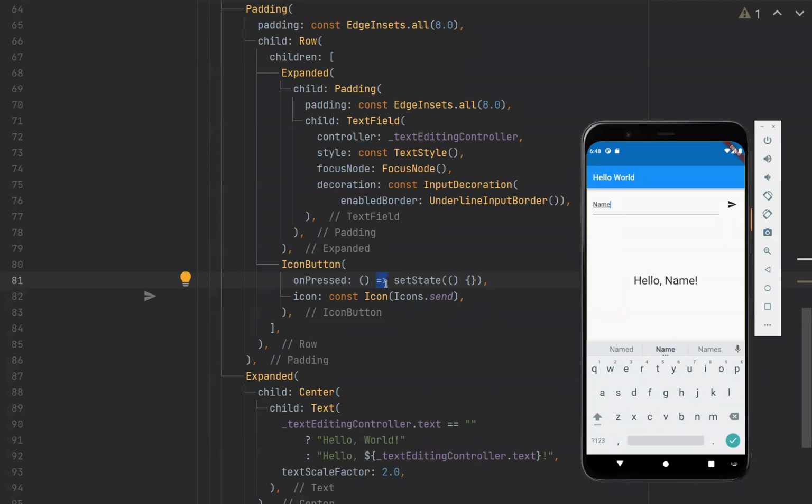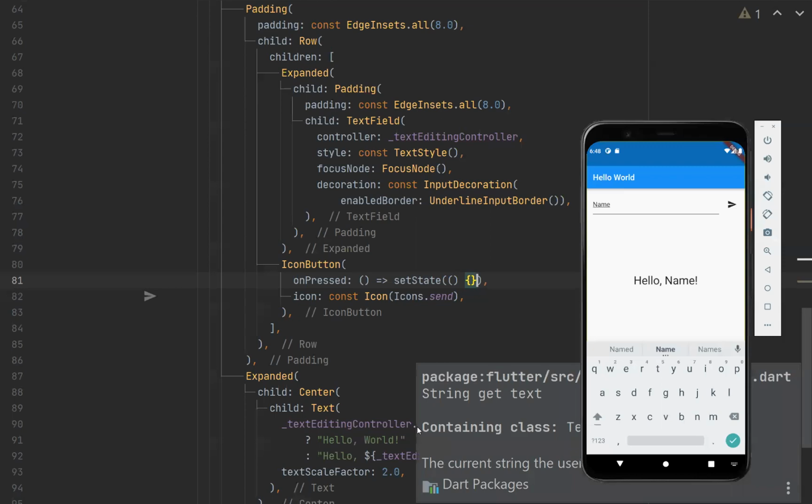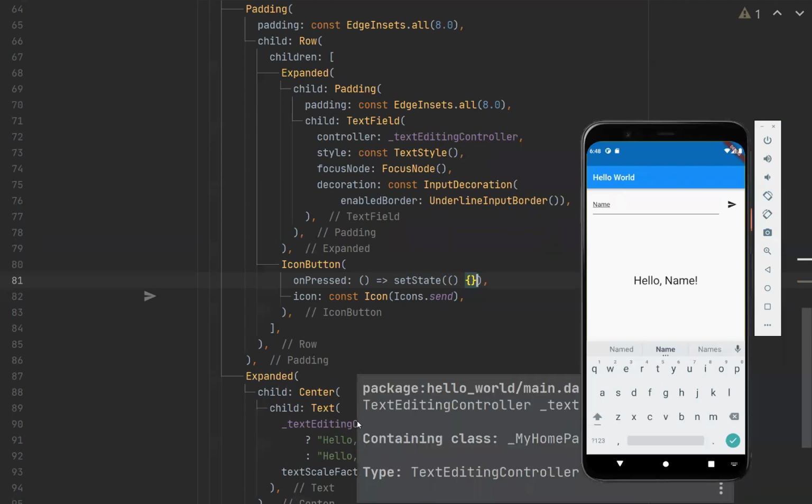But there, the right arrow just means what I'm gonna return. Because usually, if you want to write a function in a line, you don't want it to be a huge function. So using this right arrow just means, hey, I'm just gonna return that, right? And set state, I don't think returns anything. But we're just calling set state again with an empty body this time because the text is already in text editing controller. We just fetch it each time